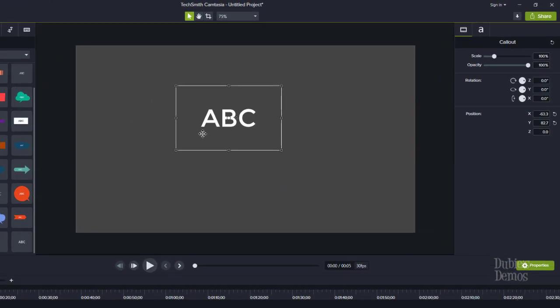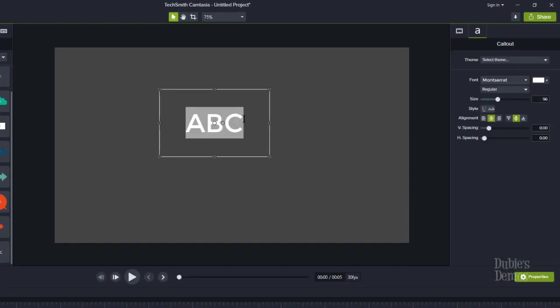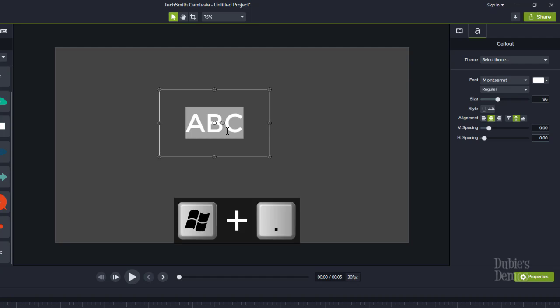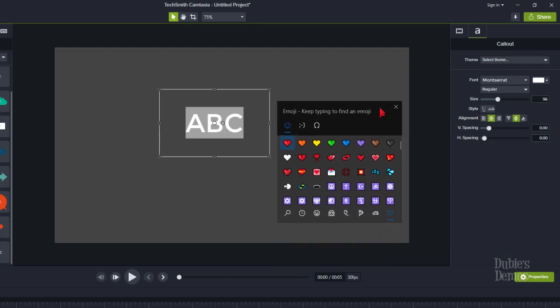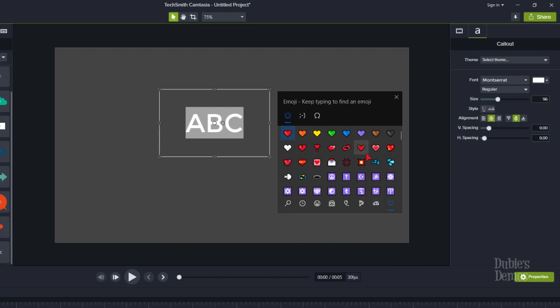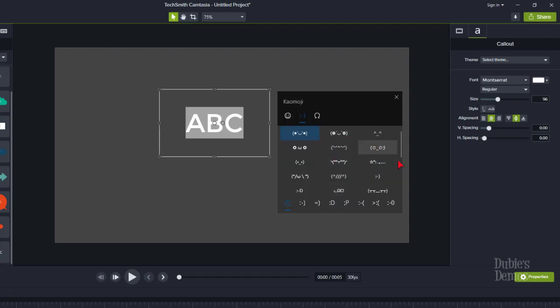Let's bring this text callout in here. I'm going to double click to highlight the text. I'll be doing this on Windows 10. This is supposedly also available for Mac users. On Windows 10, you'll hit the Windows key and period, and that will bring up the Windows 10 emojis, and you have quite a selection here to scroll through. You have a whole bunch of different ones here at the bottom. We can switch to just the different smiley faces here. We have different symbols you can use,